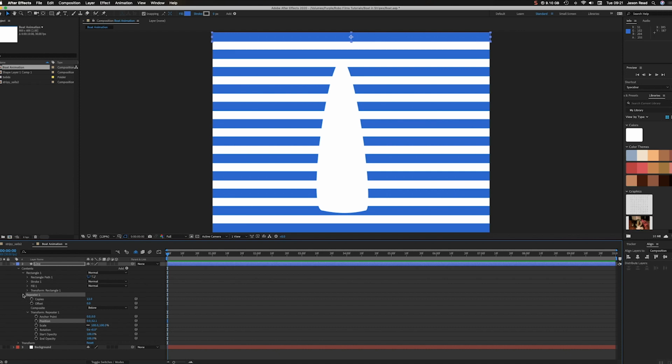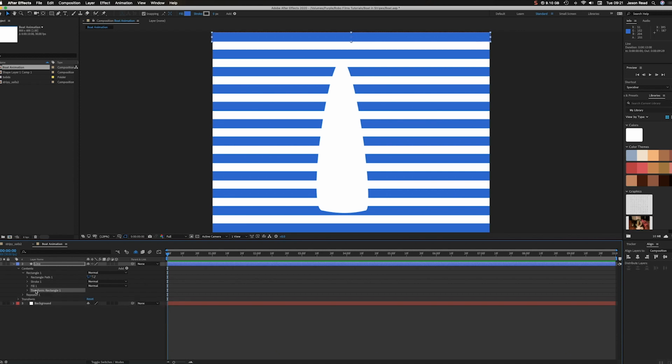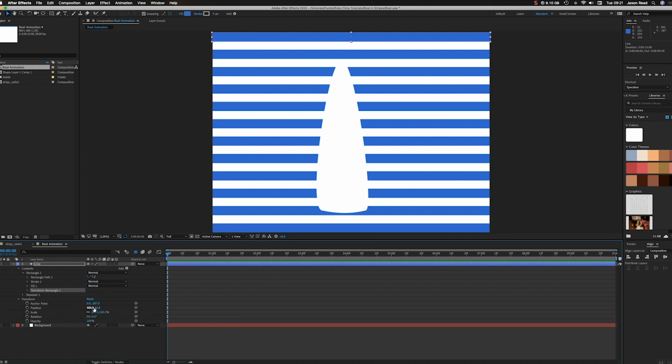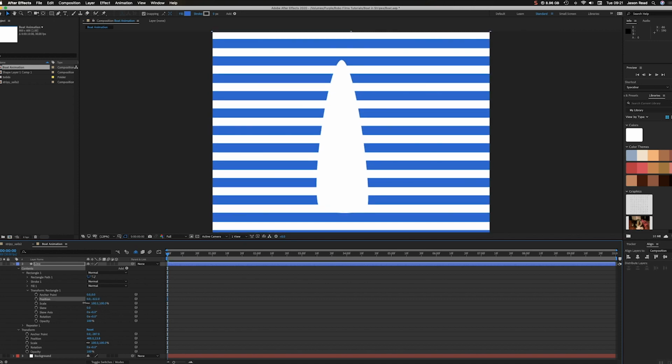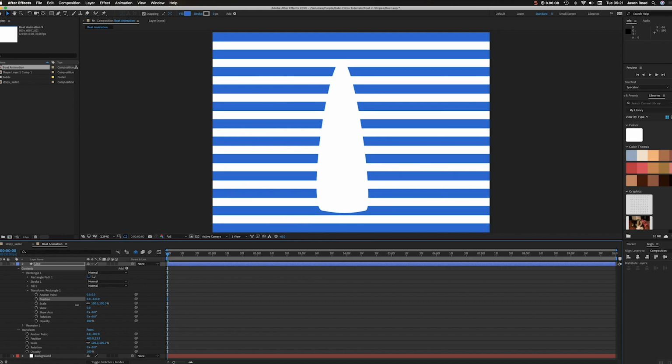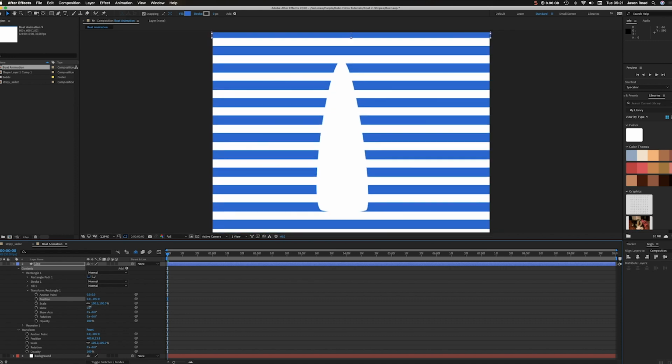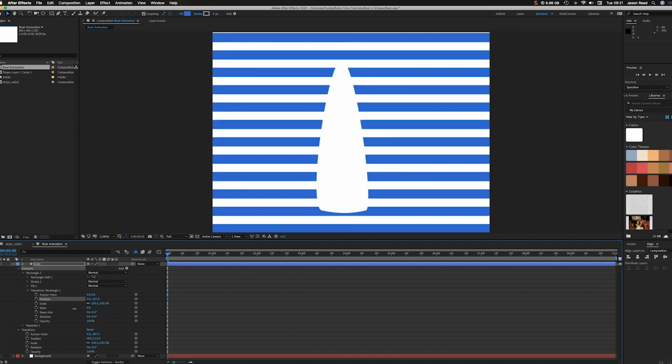Now we've got a nice even set of lines. I'm going to close that, and go into the transform properties, not for the layer, that just moves the whole layer about. I'm going to go to the transform properties here in the contents for the line. So it's the transform for this first line that we drew. That determines where the repeater starts from. So I'm going to position it up so it's back up off the screen. We started there, so I'm going to start on the second one